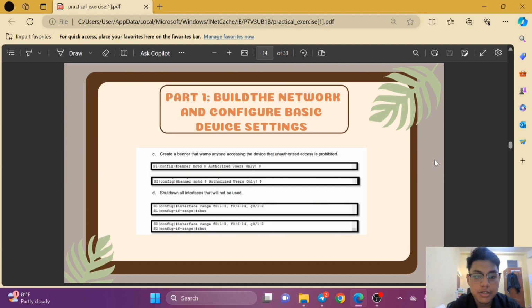C, create a banner that warns everyone accessing the device that unauthorized access is prohibited. So we're using banner motd authorized users only on S1, same as S2. D, shut down all interfaces that will not be used. So on the S1, interface range